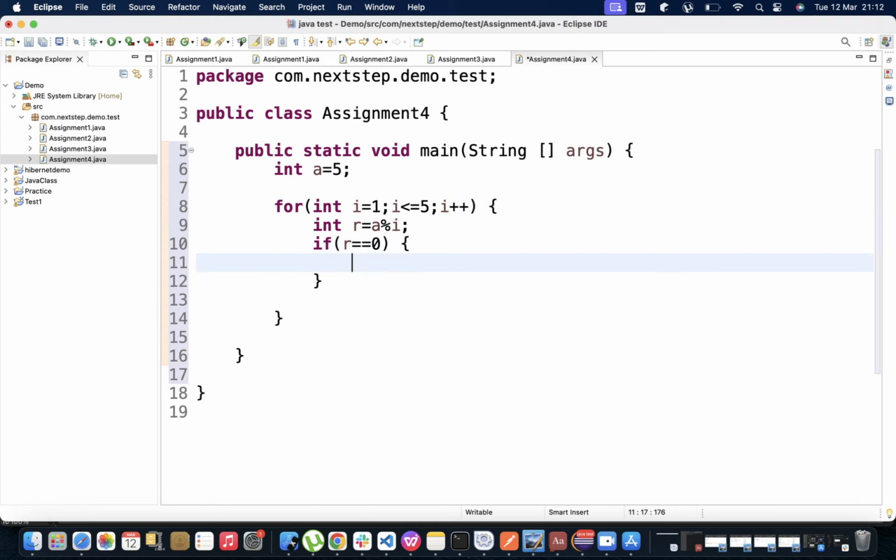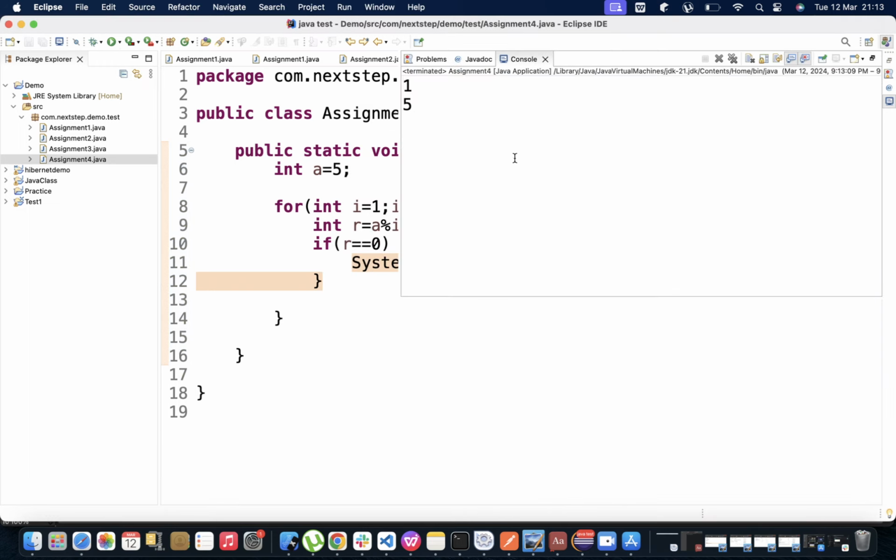यो चाहिँ के हो त, यसको फ्याक्टर हो है त। सो त्यही भएर म चाहिँ यहाँ के लेख्छु, SYSOUT। सो यहाँनिर चाहिँ म के प्रिन्ट गर्छु त, अब आईको भ्यालु प्रिन्ट गर्छु। ओके सो फर्स्टमा आईको भ्यालु 1, n को भ्यालु 5। अब 5 लाई 1 ले डिभाइड गर्दा अभियसली रिमाइन्डर 0 आउँछ, त्यही भएर यसले 1 प्रिन्ट गर्छ। अर्को पालि आईको भ्यालु 2 हुन्छ, 5 लाई 2 ले डिभाइड गर्दा रिमाइन्डर 0 आउँदैन, 3 ले गर्दा पनि 0 आउँदैन, 4 ले गर्दा पनि आउँदैन, तर 5 ले गर्दा आउँछ। सो यसले चाहिँ भ्यालु 1 र 5 दिन्छ। ओके सो प्रोग्राम रन गरौँ। सो this is the output and this is the factor of 1 and 5।